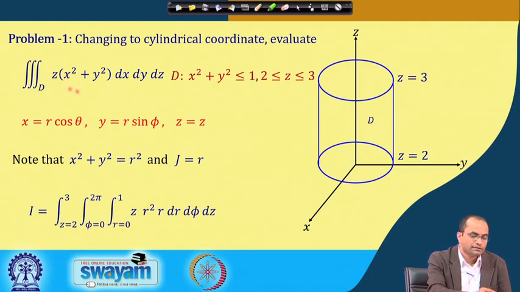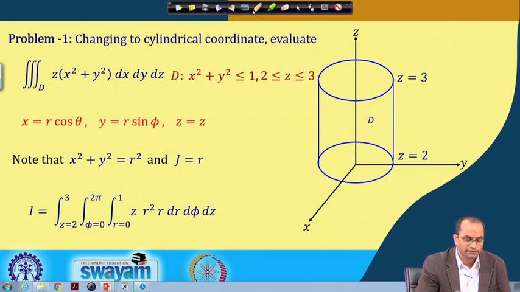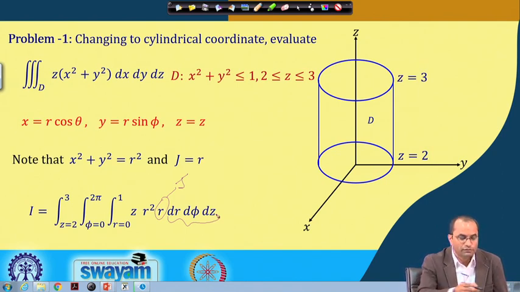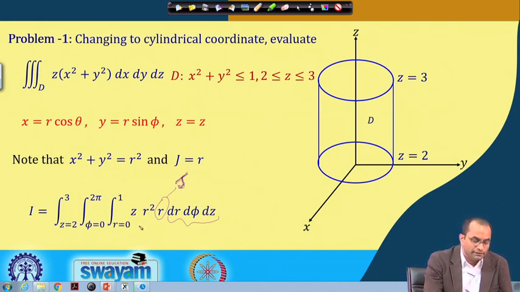So, now the given integral will be represented in this polar coordinate. So, this r here, that is for the Jacobian. So, we have this term because of the Jacobian, and then this dr d phi and d theta, which will be replaced for this dx dy dz with this extra Jacobian term. And then, let us first discuss the integrand. So, the z as it is and x square plus y square has now become r square.